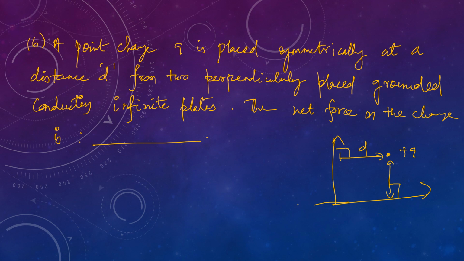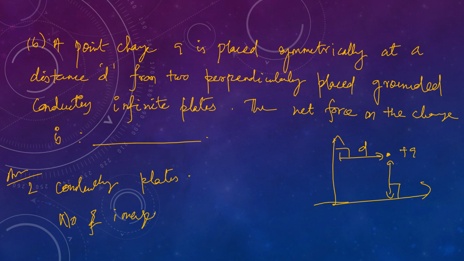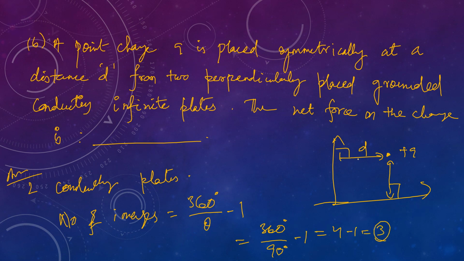First of all, there are two conducting plates. So how many images will be there? We know the number of images is 360 by theta minus 1. So 360 by 90 minus 1, that will be 3 images. One will be here, here and here. If I draw this, see,